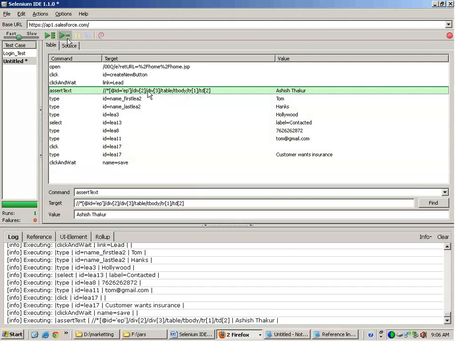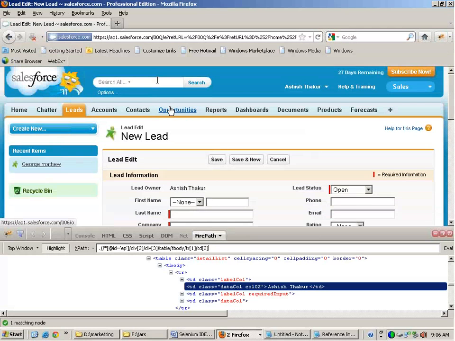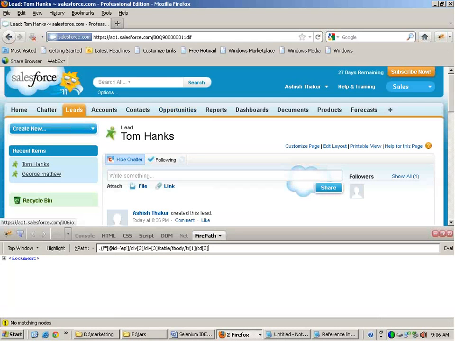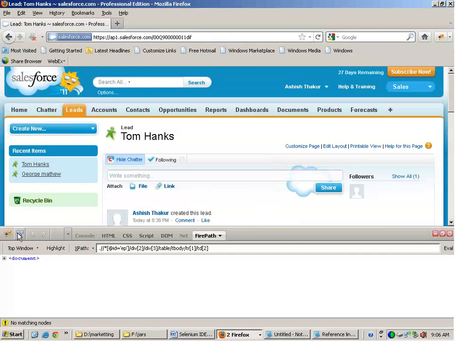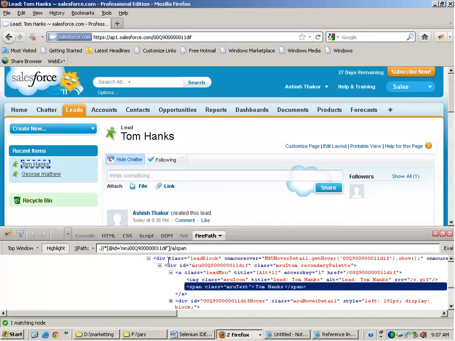Let's run this code a little bit fast so that we reach the next page. And on the next page, I want to check whether Tom Hanks is displayed out here or at two locations, right? Now there's a catch over here. There's a catch out here in this link. If I copy this XPath